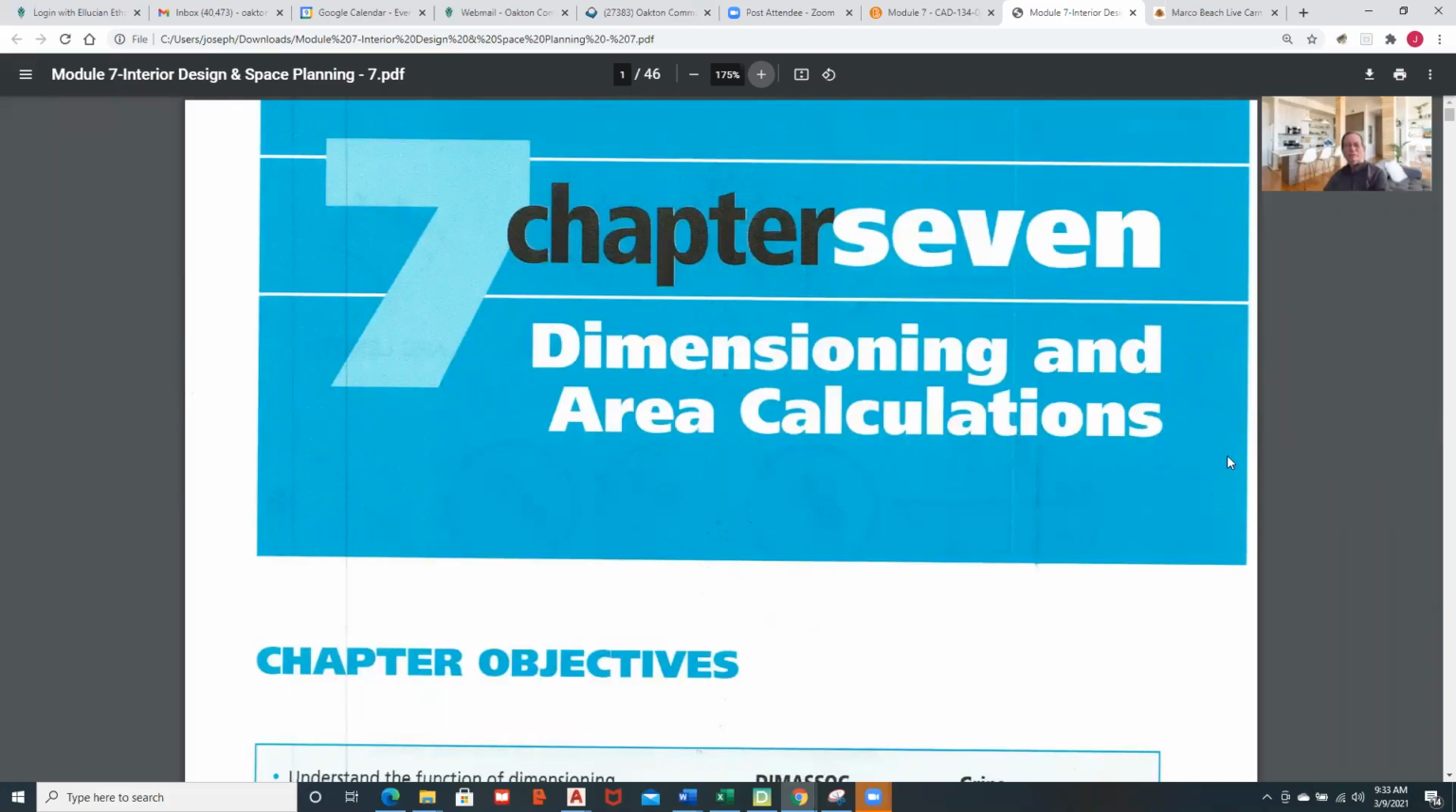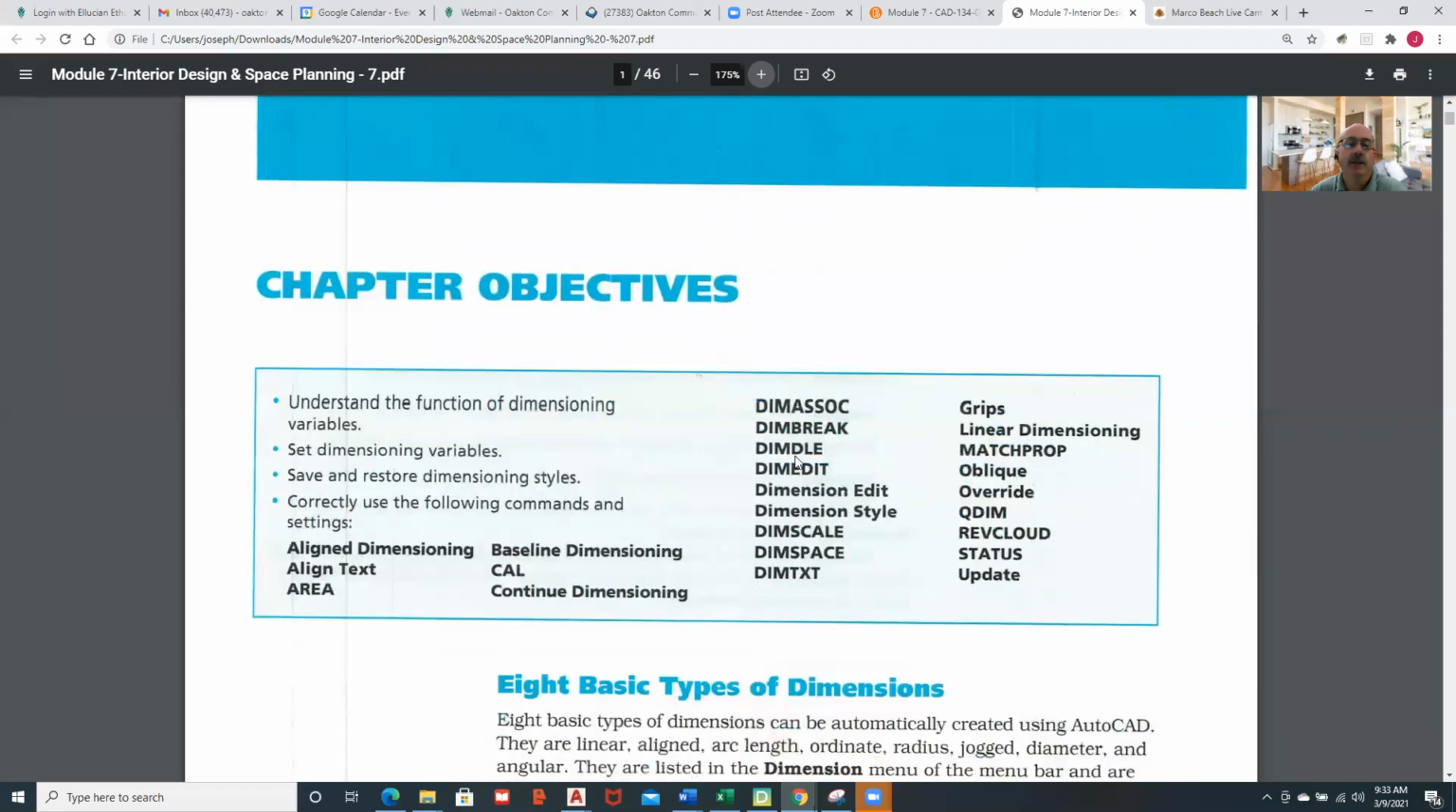We're going to go through Chapter 7 for CAD 134, Dimensioning and Area Calculations. This chapter covers different ways to dimension, understanding dimension variables. Dimension variables being things like dimension scale, how to set the text height, how to work with things like dimension associativity, which means if I dimension a part and then I change the part size, that the